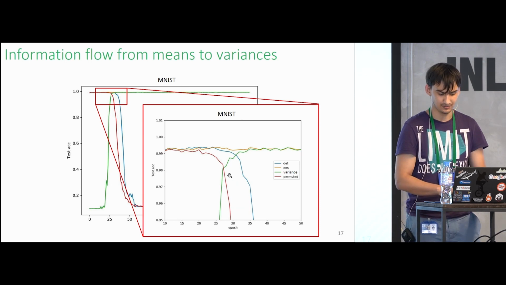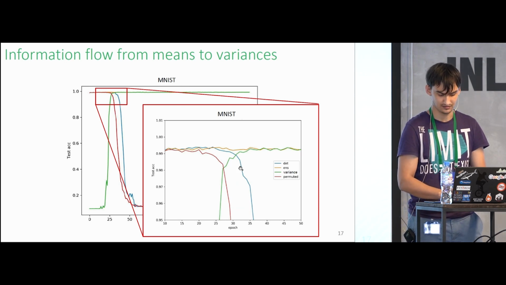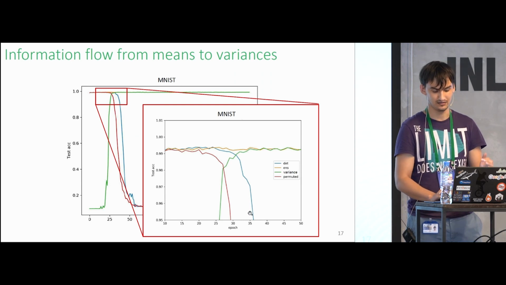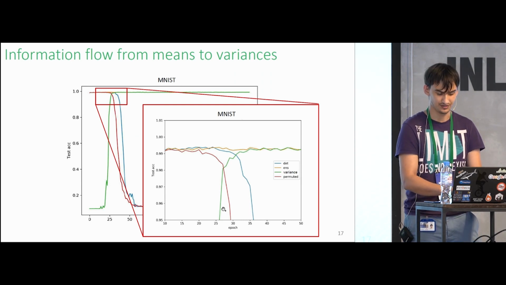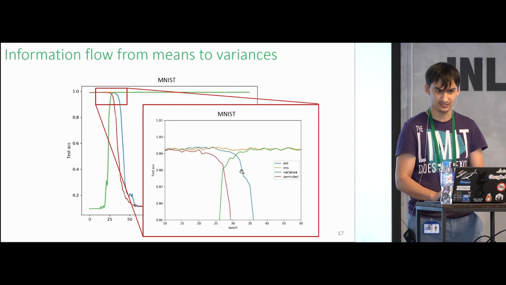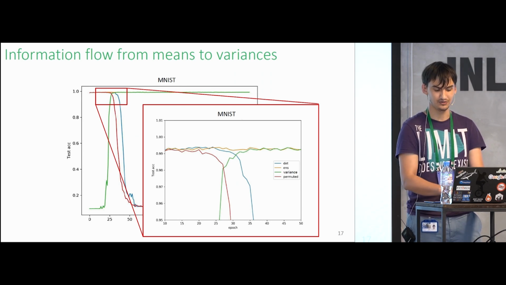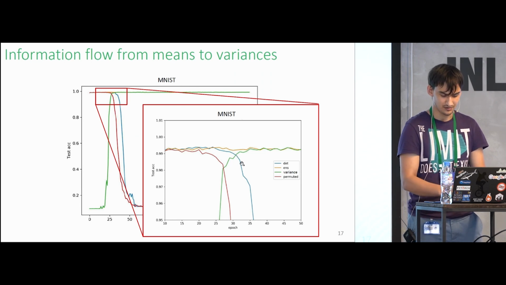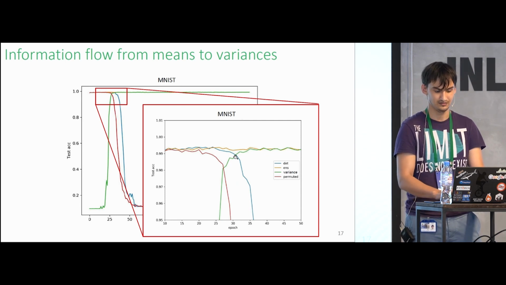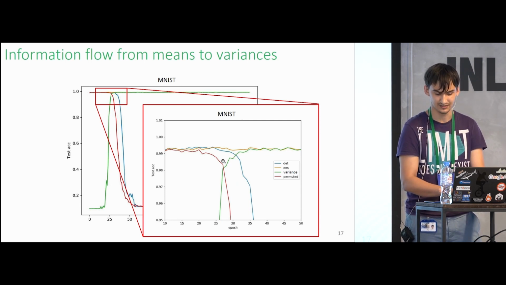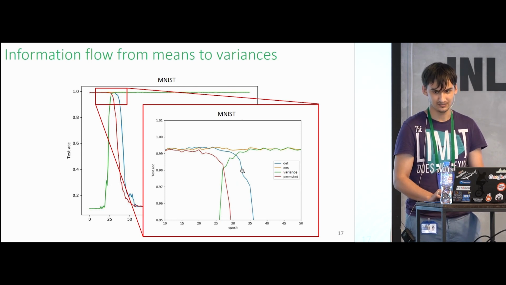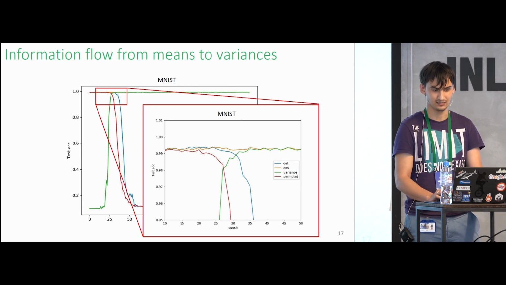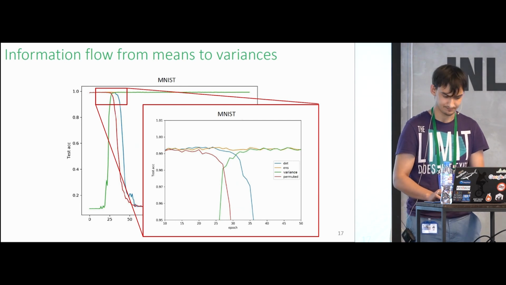In some cases, usually this blue line drops right before the green line goes to the full capacity, but in some cases, you can obtain these interesting points, like here at epoch 32, where the network can actually predict in both prediction schemes, both deterministic and variance. So it seems like both of these regimes convey basically the same information, but in different ways.